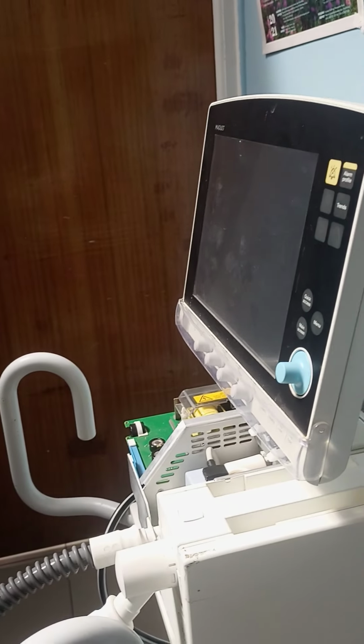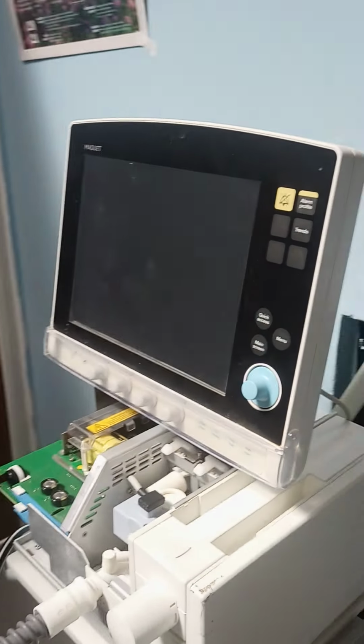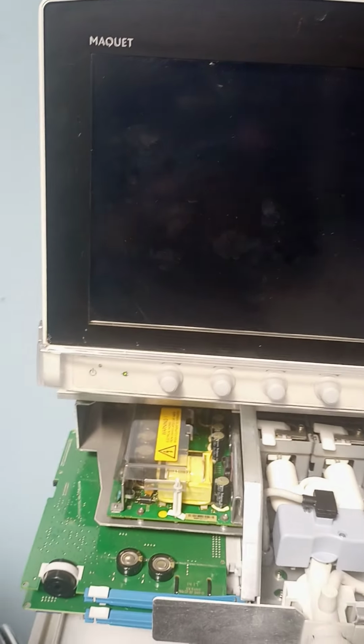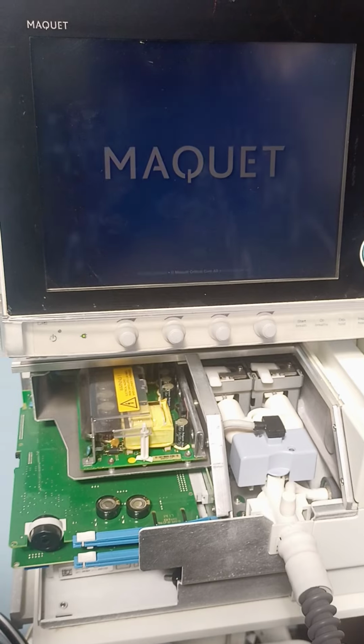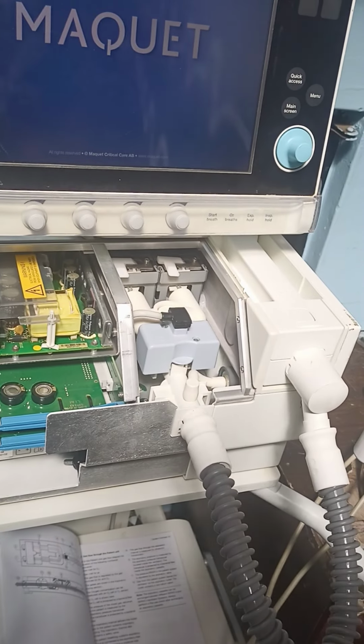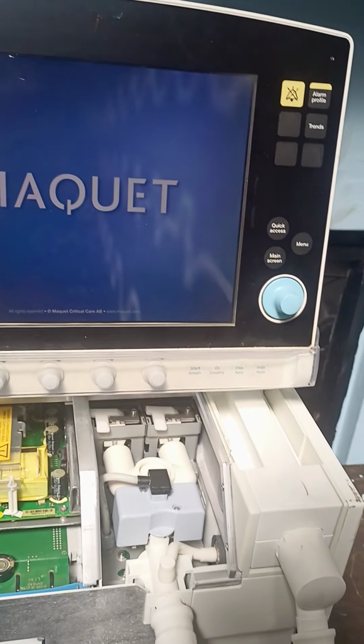So I'll put the ventilator on. Then as the machine is coming on, I'll be taking you through some parts. I'll be talking about the